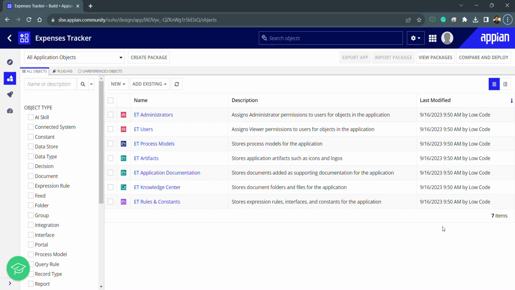Hello everyone. In this lecture, we will be discussing interfaces. So what I've done, I've created one application called Expense Tracker. Why have I created this application? Because in this lecture series, I will be using this application and we will be completing it till the